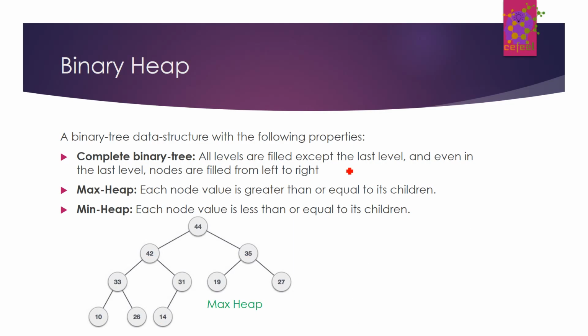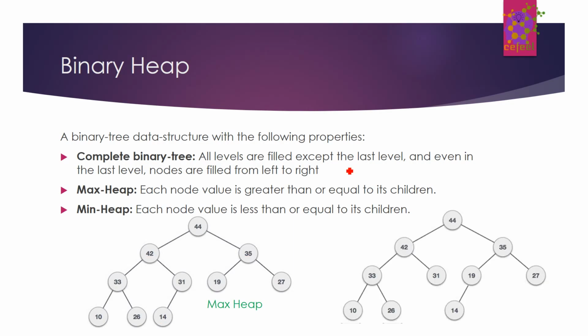Now let's take another example. So notice what happens in this binary tree, or complete binary tree. Now in this case we have no children for 31, but we have one child for 19, which is a left child for 19. So this doesn't even qualify as a complete binary tree, because remember the definition of complete